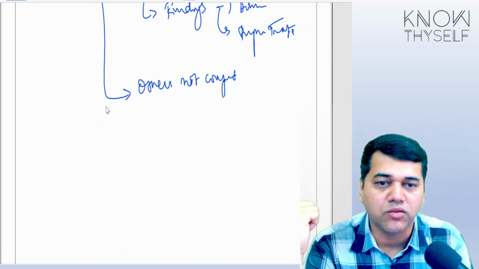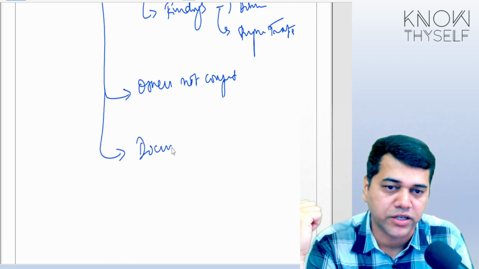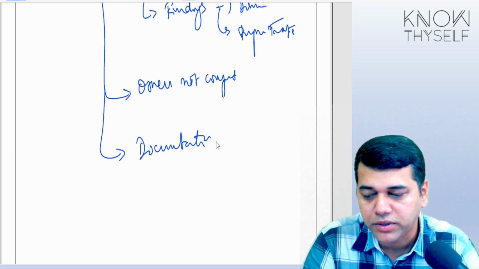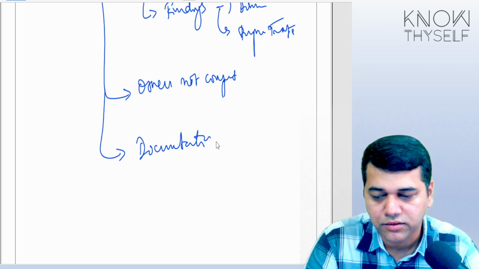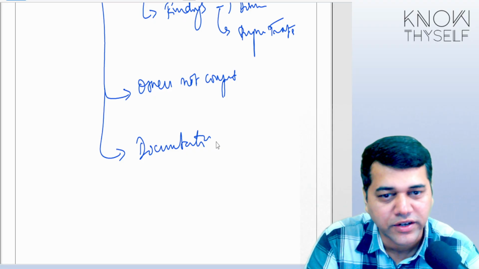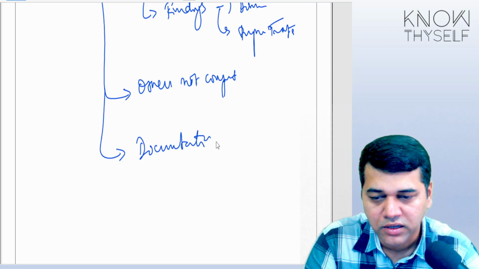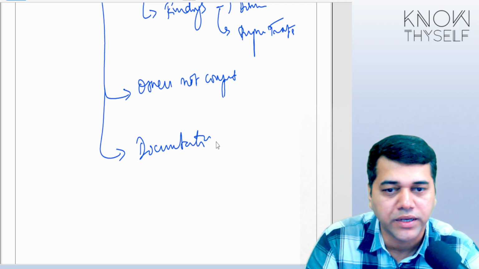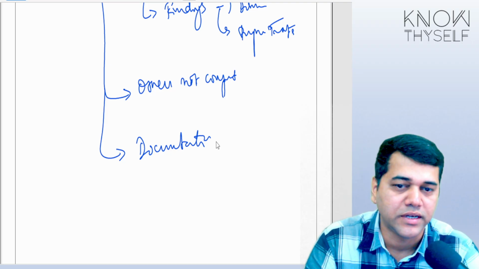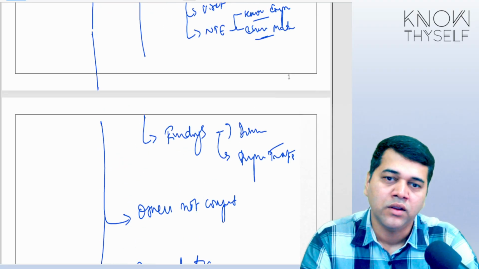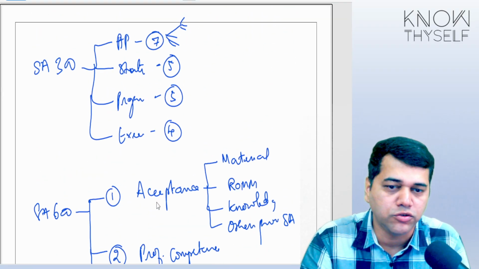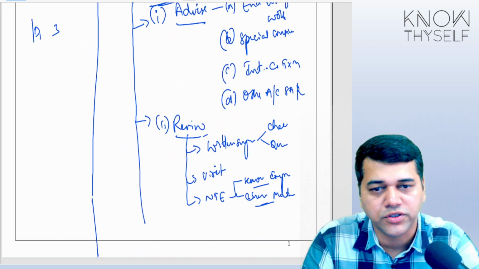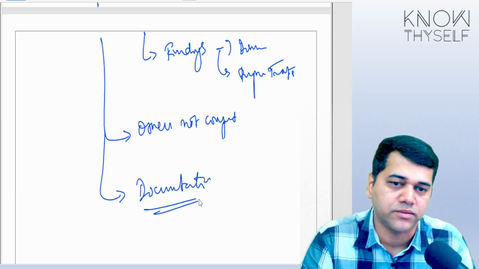And the last thing I'm supposed to do is documentation, which we are doing. We have fantastic documentation, like who are the components. Don't we have the list of student registration? That's like who are those components, what procedures we perform, what is the discussion, and if somebody has given a modified opinion, how that modification has been dealt with. So first it says you need to accept, second you need to check the professional competence, third you have to perform the procedures, and fourth you may have to document.